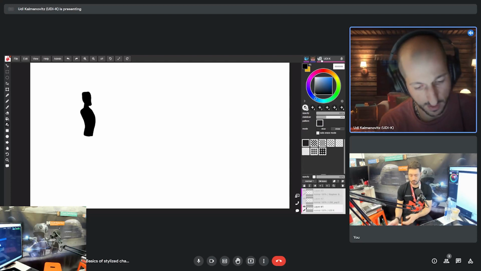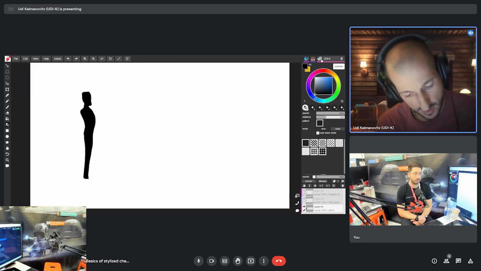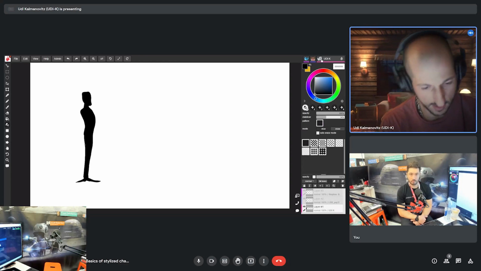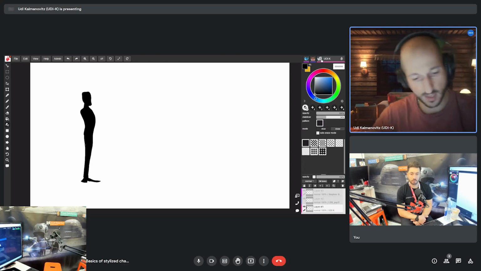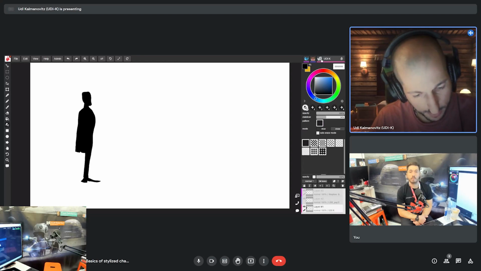So let's do something like this. And I want to create his legs very next to each other. Let's say he's got one foot in this direction and one going in this direction, or maybe a little bit more towards us, something like that. And I think I will create this arm here, and it will be covered by a cloth or something, and another arm